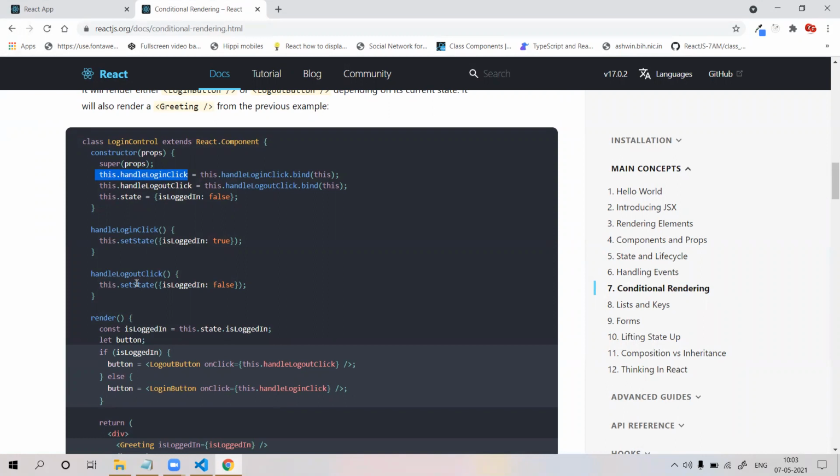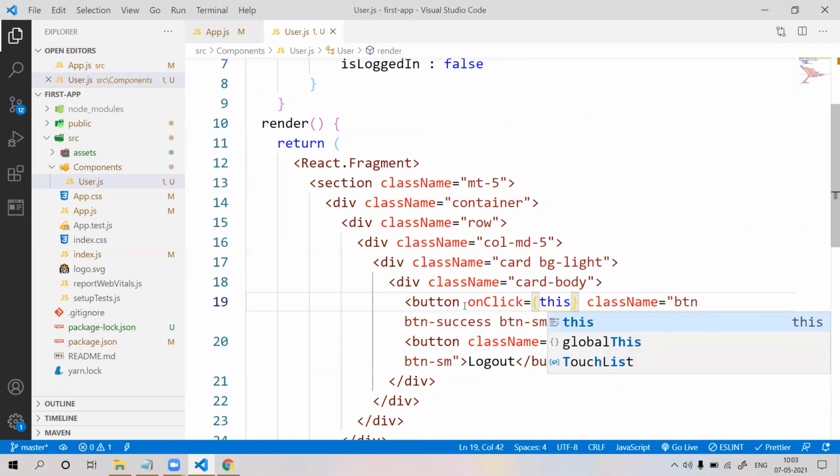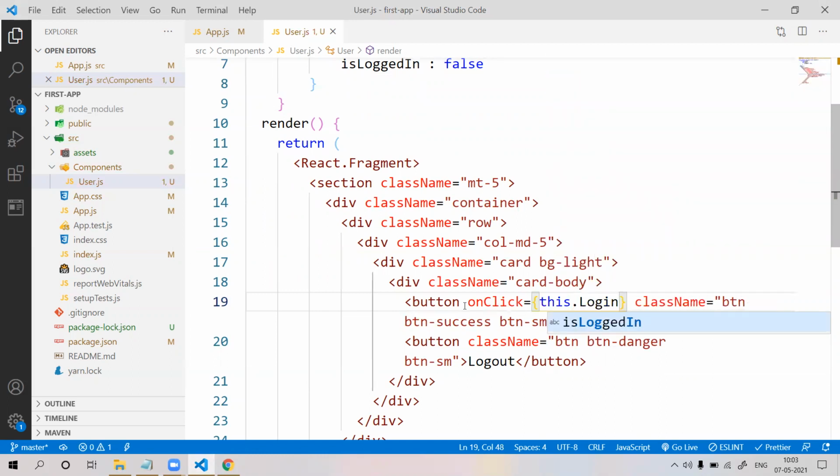Also handleLogout. Okay, we are creating two functions here. Here is button one. onClick will be equal to this.loginButton.